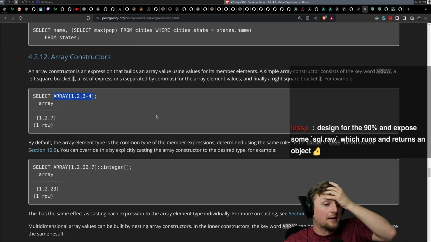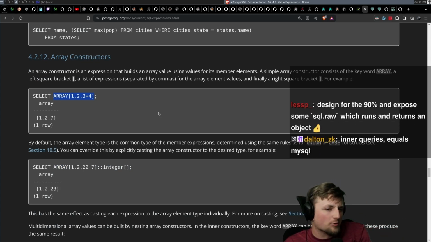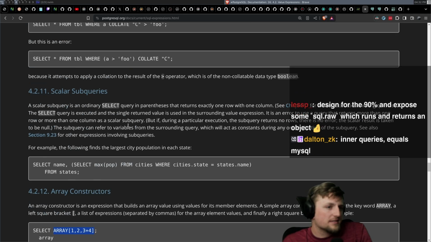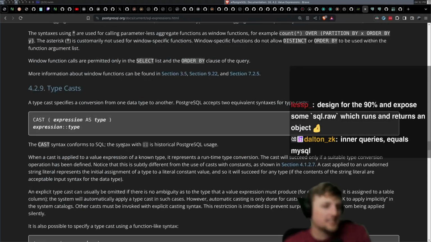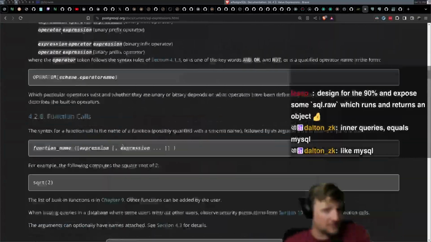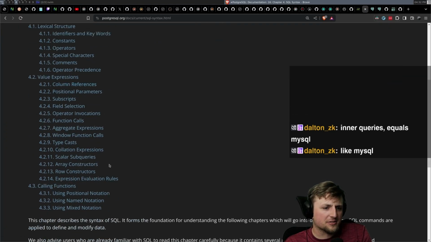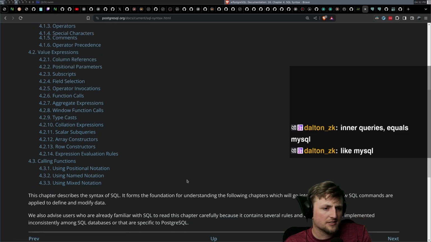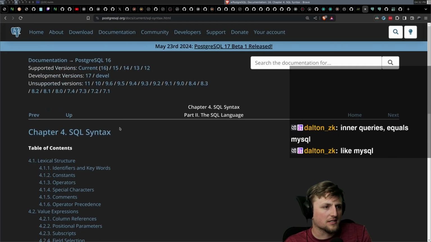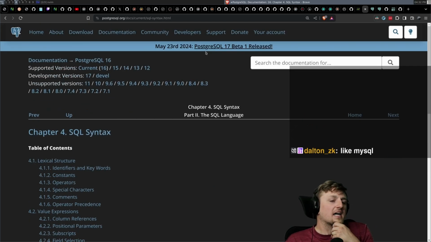Yeah, well, I'm sort of interested to figure out what exists in SQL land, right? Because I'm really not a SQL wizard, so we'll probably end up reading an absurd amount of this week, and trying to implement a lot of it as well, which will be, I think, pretty funny and pretty fun. Value expressions, calling functions, function calls, typecasts, collation, scalars, structures, expression evaluation rules. Nice. Yeah, this will be fun. I think to start with,